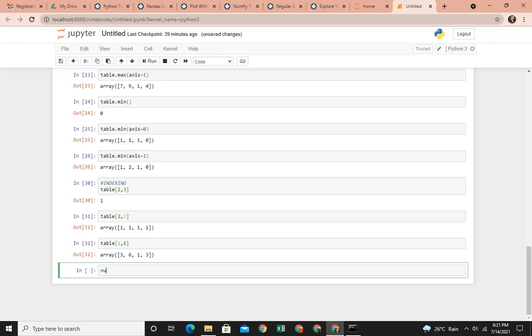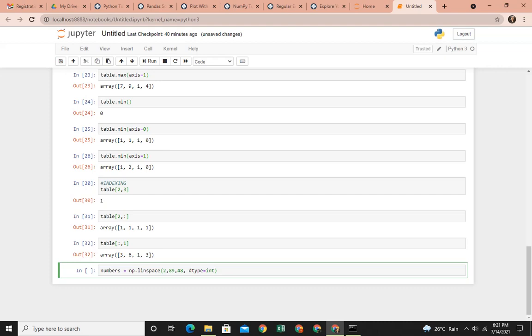np.linspace. Linspace is a function which will create evenly distributed numbers. Let's say from 2 to 89, from number 2 to number 89, I want 48 equally spaced numbers whose data type, that also you can mention here, whose data type is equal to integer. So I want all of them to be integers, and I can also reshape.